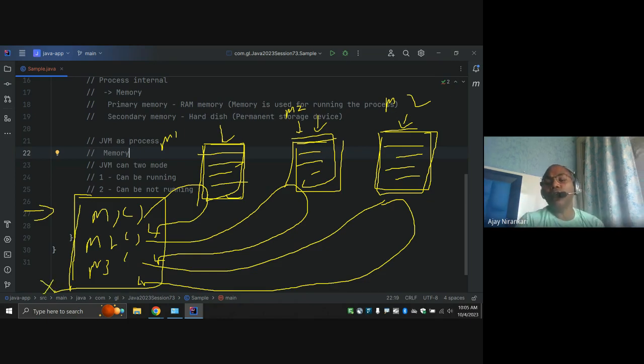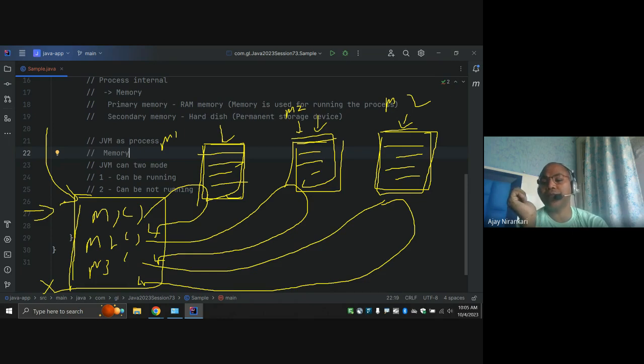Till now, whatever we have learned in this series on the Java language, we only learned single sequence execution of our program, also known as a single threaded application. So by default, Java is a single threaded application. If you're not doing anything related to threads, by default it is single threaded.